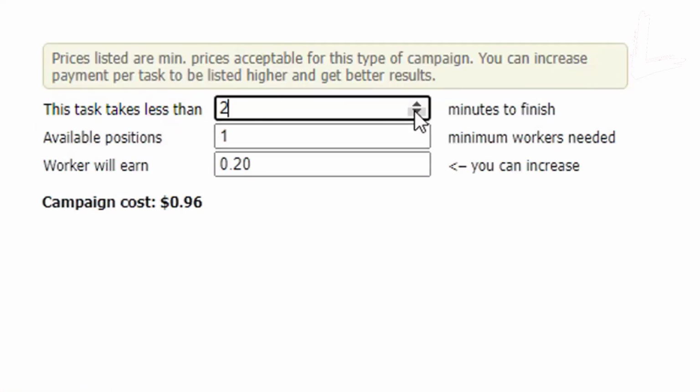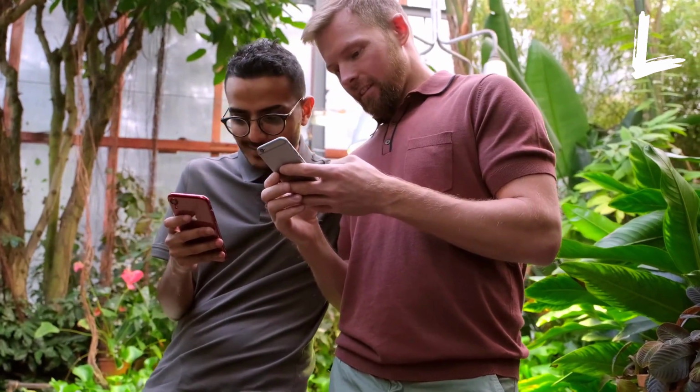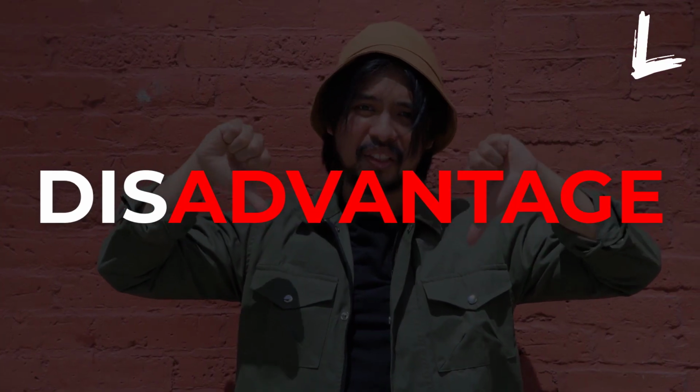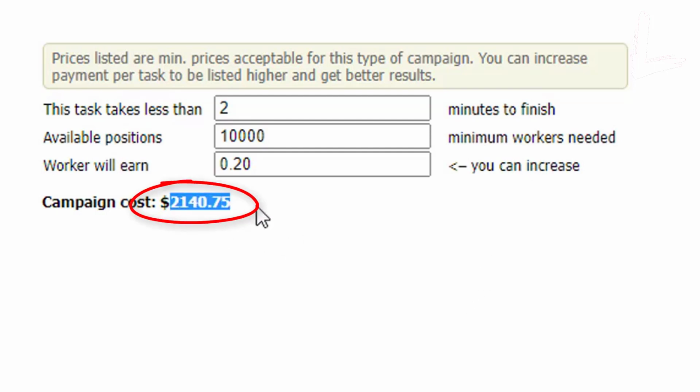You get to determine the fee that you will pay to everyone who enters their information. Set this to 2, and the worker's earnings will remain unchanged. And here's the kicker, you may also select the number of open slots. Here, the more people that respond to our offer, the more money we make. However, there is a minor disadvantage here. When it comes to available positions, if you enter an insanely big number, such as 10,000, the campaign cost will increase to